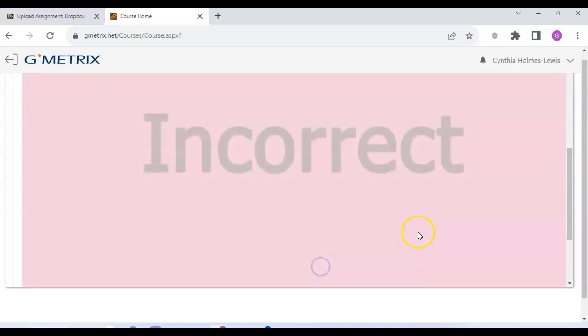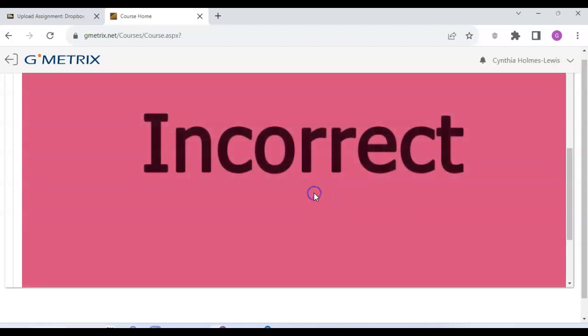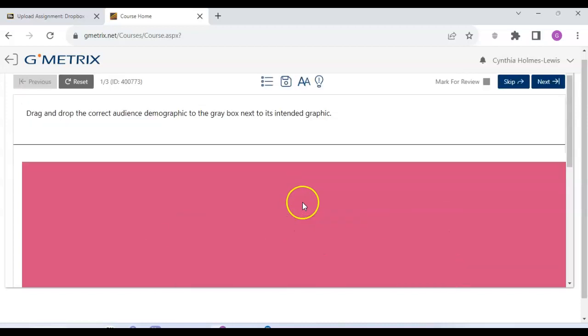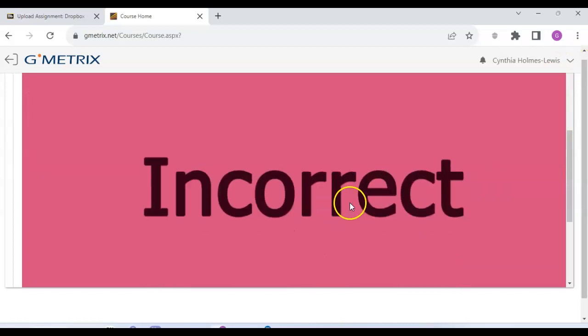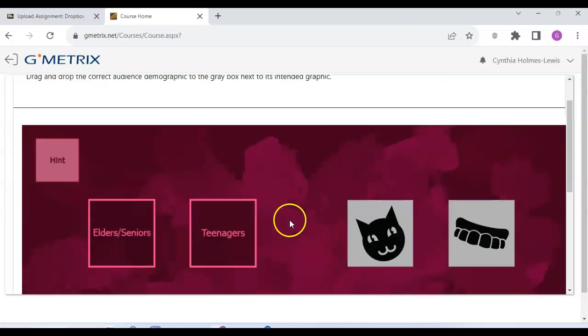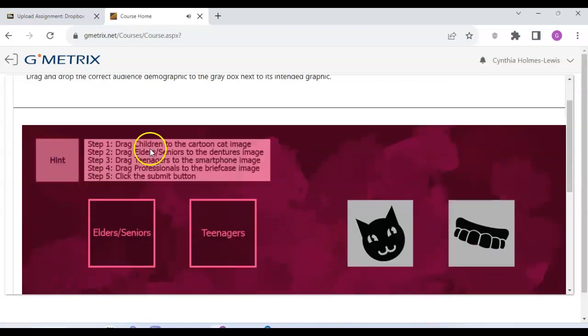And then you submit. But it says incorrect. Okay, a big incorrect. Drag and drop. So reset. You can go back and reset, even though the hint says